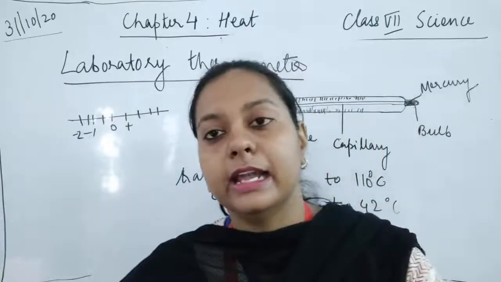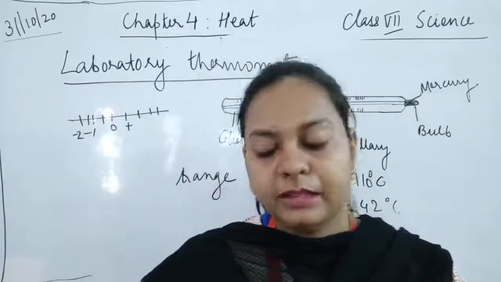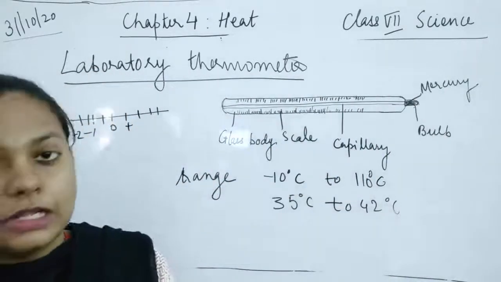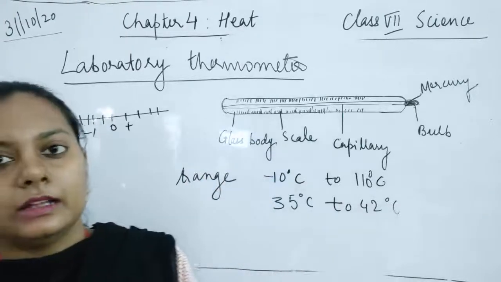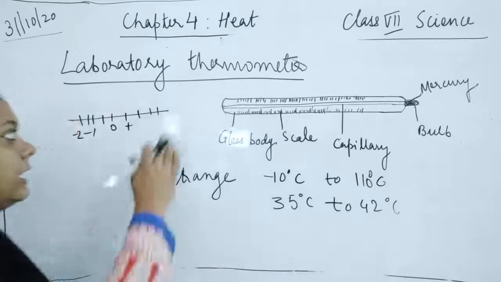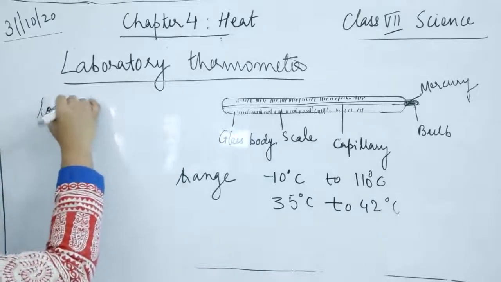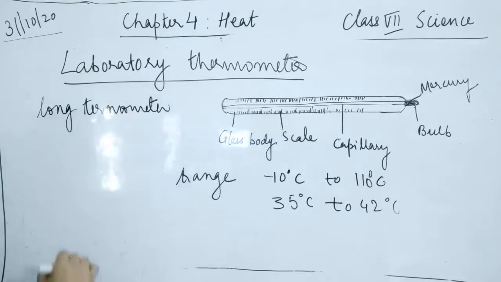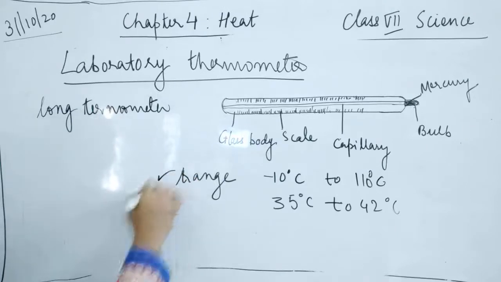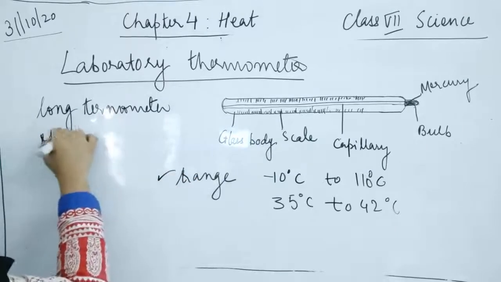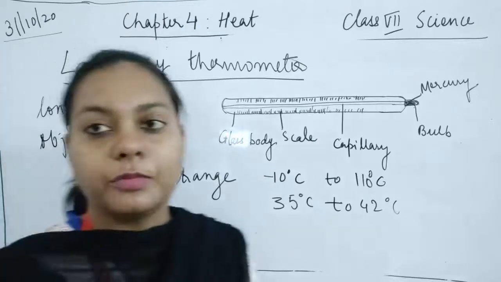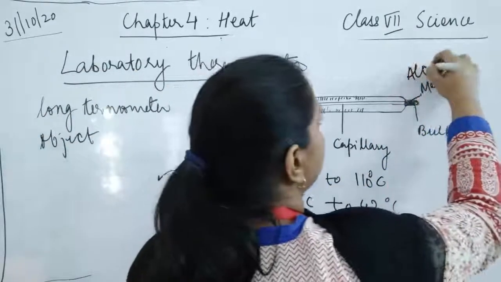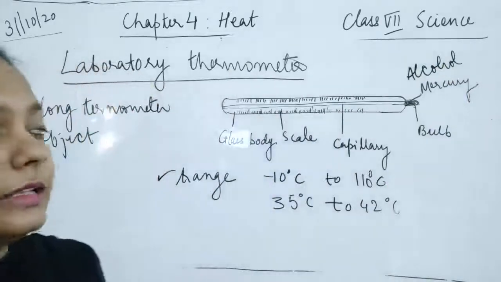So if we have to take the temperature of an object over such a large range, we will be using the laboratory thermometer. So we can see that the length of this thermometer is larger than that of the clinical thermometer, and the range is also large. It is a long thermometer. It is used to measure the temperature of objects, it is not used to measure the temperature of the body. And even here, instead of mercury, sometimes alcohol is also used, which is red in color,